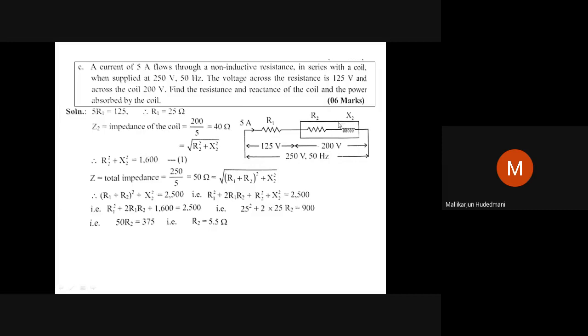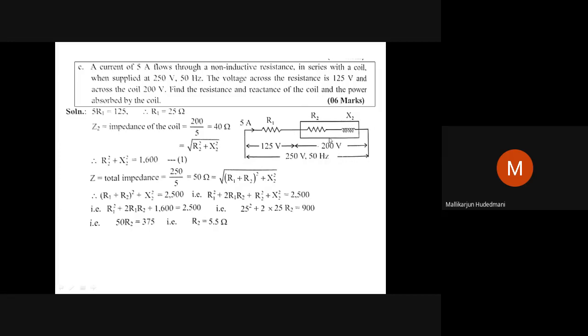Then in the second step, I cannot get R2 X2 immediately. For that, what should I do? What is the voltage given? 200. What is the current flowing through that? 5 ampere. 200 divided by 5, if I do, I'll be getting